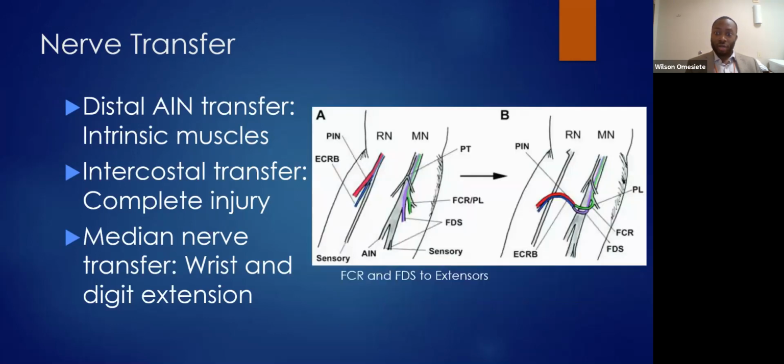A newer method described by Dr. McKinnon is combining neurotization of median nerve branches to FCR and FDS with PIN or 2-PIN and the radial branch of ECRB for restoration of extension at the wrist and digits at a negligible cost to wrist flexion. Redundancy of the branches to the FDS is confirmed intraoperatively to minimize donor morbidity, but in cases we did see some significant morbidity. But these procedures are often used in combination with tendon transfers to provide static tonic stability,